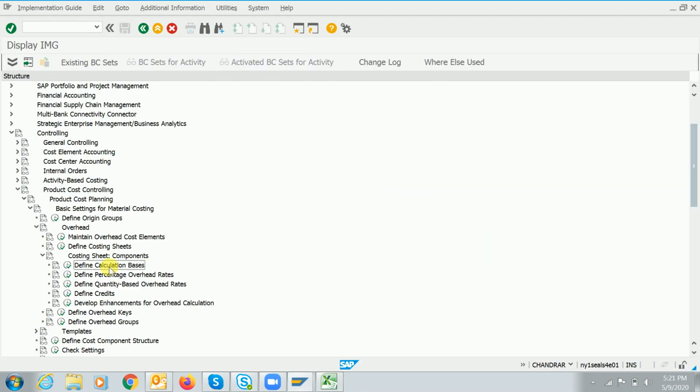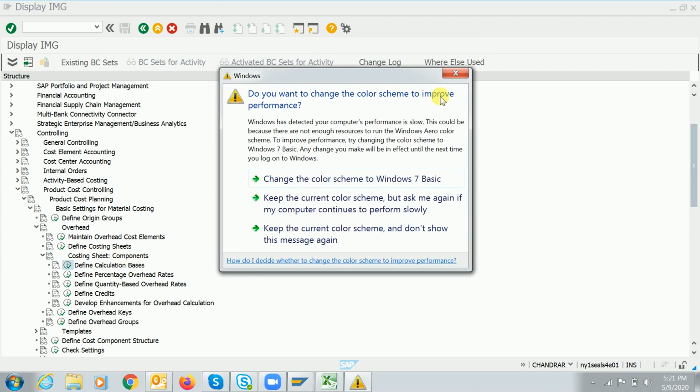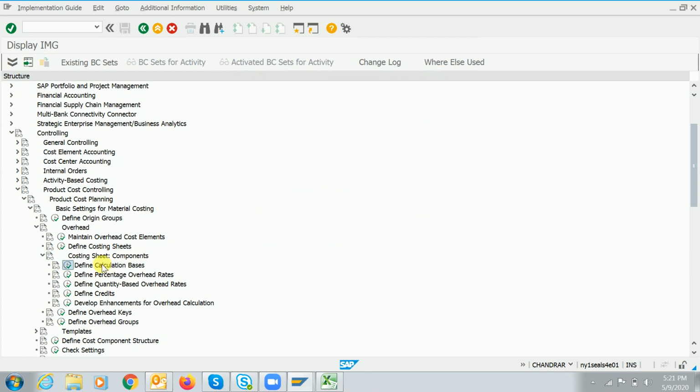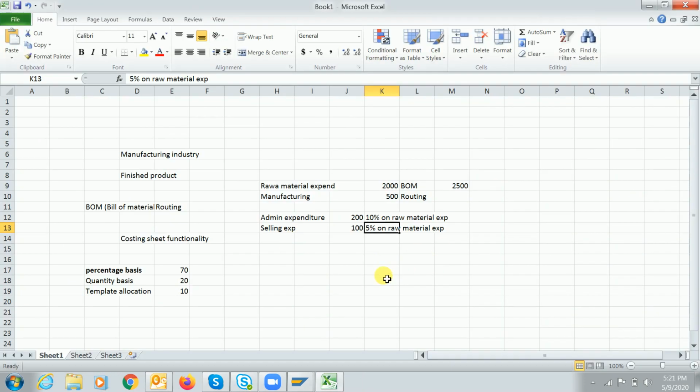I'll define it first. This is the first cost component. First of all we have to create base, guys. Base is nothing but, while defining the costing sheet, I mean while running the standard costing, the system has to check the cost.